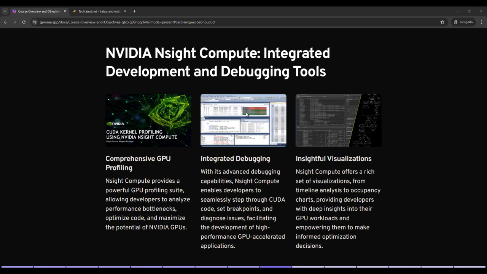Hello and welcome to this video lecture on NVIDIA Nsight Compute, an advanced integrated development and debugging tool for GPU programming. In this lecture, we'll explore the comprehensive GPU profiling capabilities, integrated debugging features, and insightful visualization provided by Nsight Compute. By the end of this session, you will understand how Nsight Compute can help you analyze, optimize, and debug your